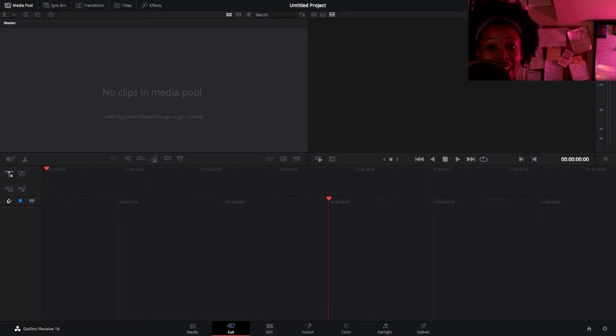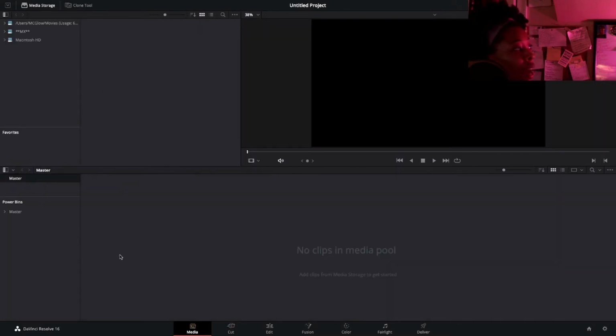Cool. So as you see, we've got a blank screen over in DaVinci. When you open up DaVinci and you start a new project, untitled project, or if you choose to click new project and then title it, you are going to come to this screen. Once we are here, you're going to come down to this tab at the bottom that says media. You're going to click that, and over here on the left you will have the native files to